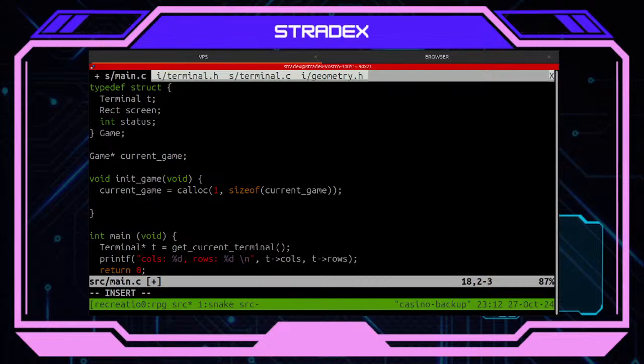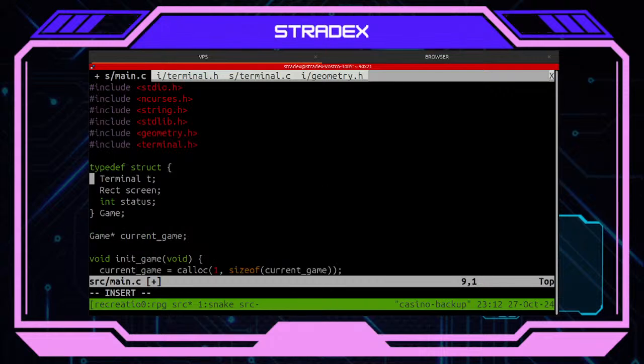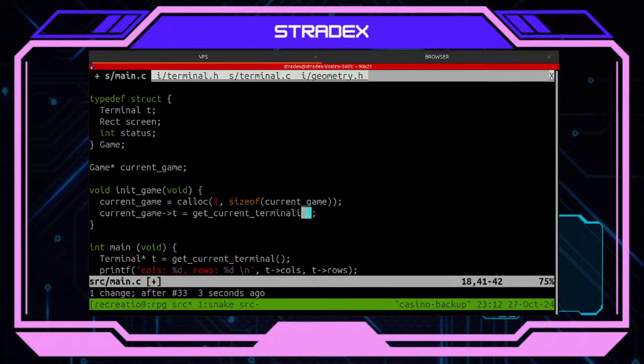Then I work with my current game dot terminal to equal get current terminal. And it should be like this. Probably this is what I want.